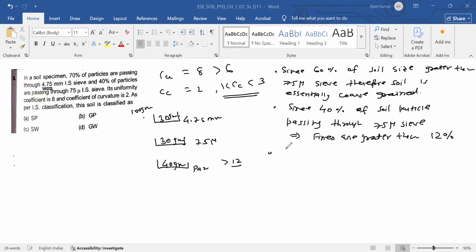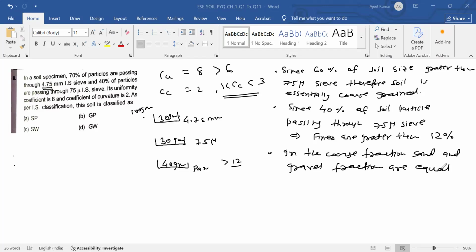And in the coarse fraction also, sand and gravel fraction are equal, each 30%. And the soil can be,